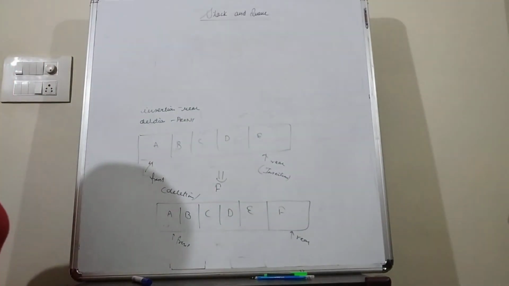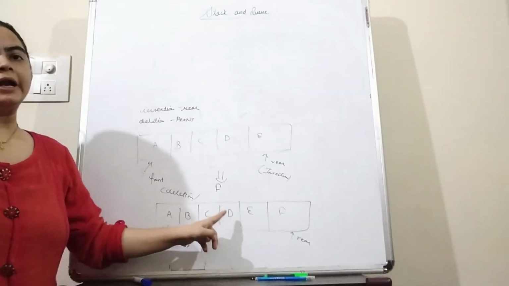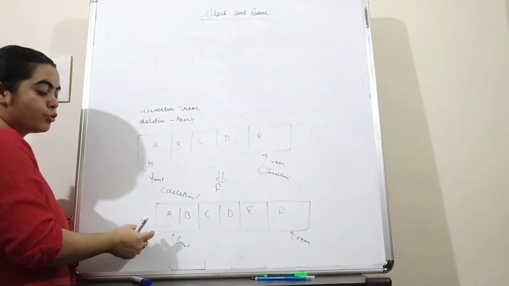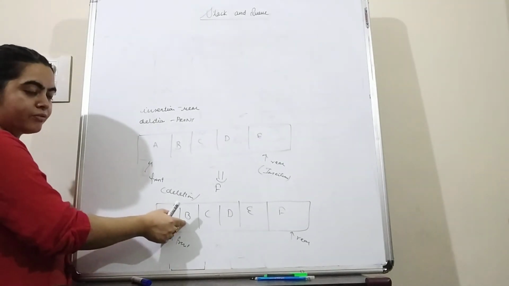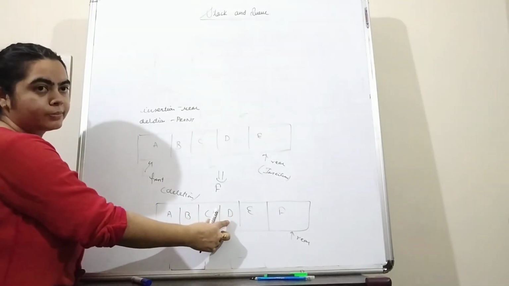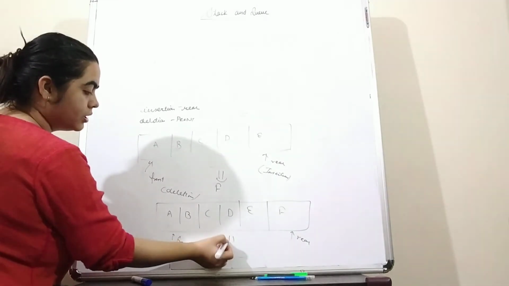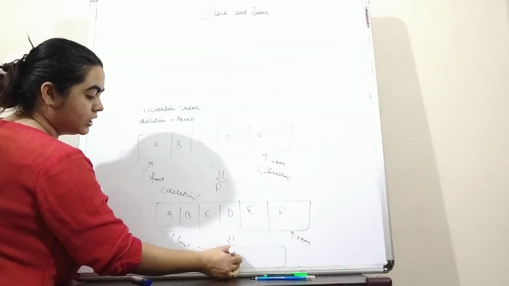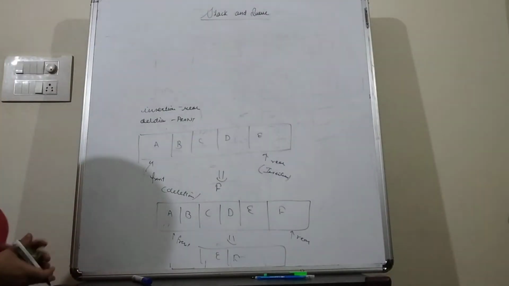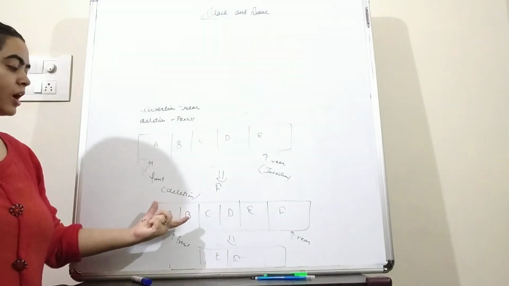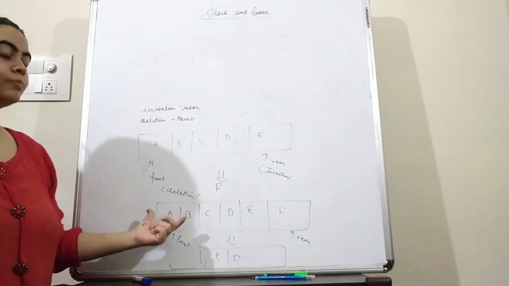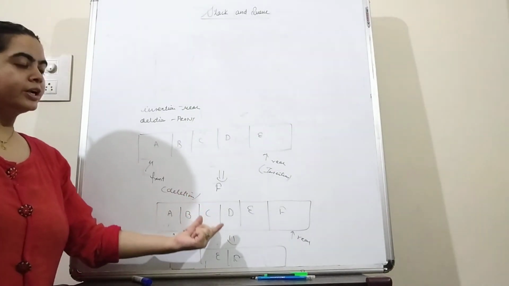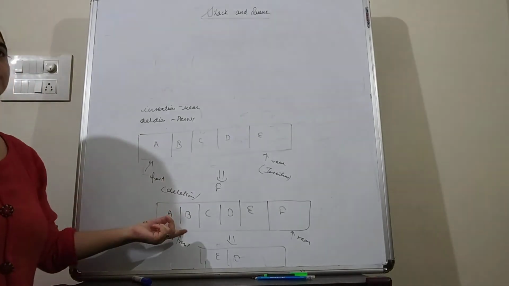Now suppose after this we have to delete C and D from this queue. So in order to delete C and D from the queue, we have to remove A, then we have to remove B, and then we can remove C and D. So after removing C and D, now values are E and F only. Now students, after removing C and D, we have to insert A and B again, because we are not going to delete A and B values. We have to only delete C and D. So again we have to insert A and B.